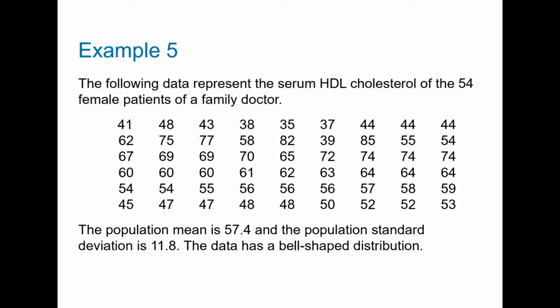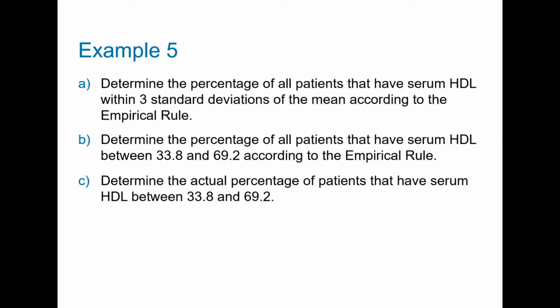The following data represent the serum HDL cholesterol of the 54 female patients of a family doctor. The population mean is 57.4 and the population standard deviation is 11.8. The data has a bell-shaped distribution. Part A, determine the percentage of all patients that have serum HDL within 3 standard deviations of the mean according